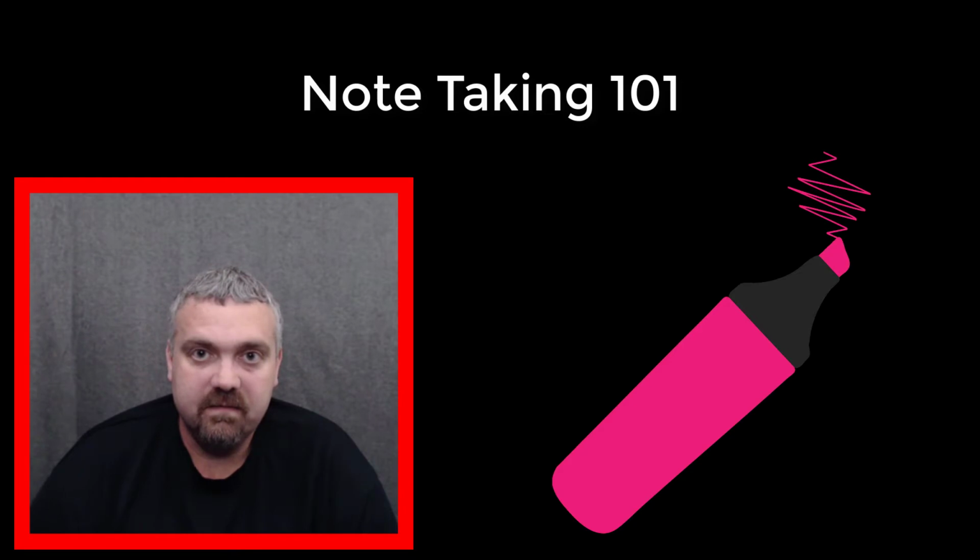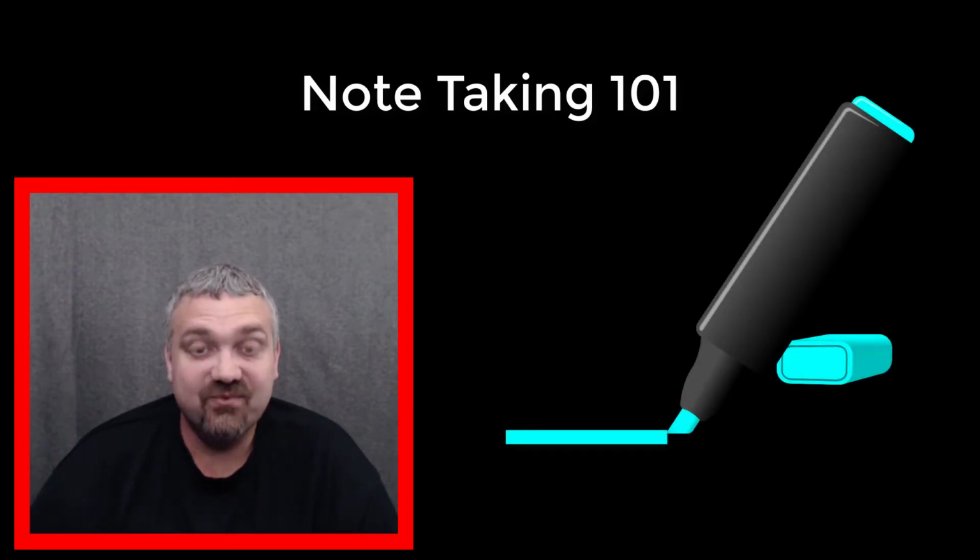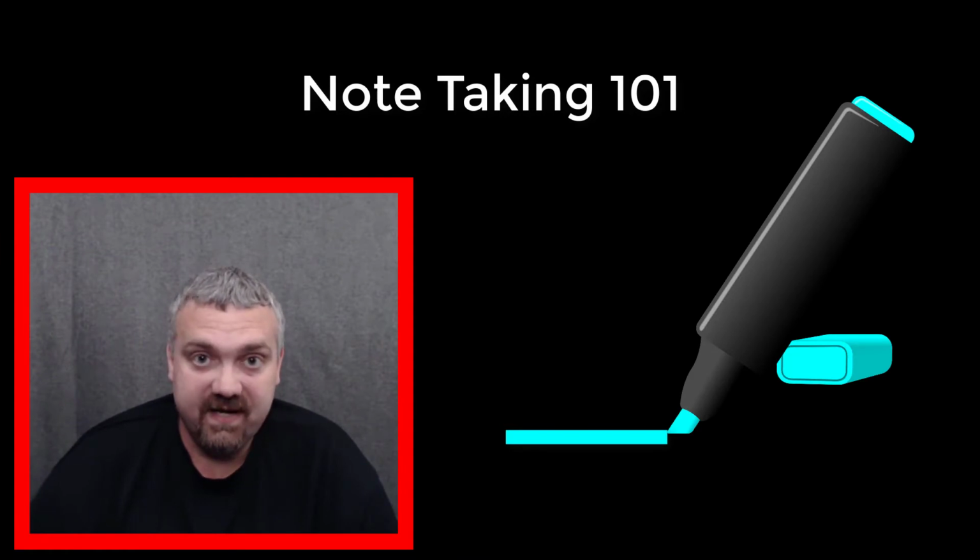Then I would do my learning. I would focus in on those things that I highlighted in pink, not spending really any time on things I had never highlighted or were only highlighted in yellow. And then, as I came back through the notes a third time, if I was still struggling with something that had been highlighted in pink, I would highlight it in blue, which means 3 times now I've covered that concept,